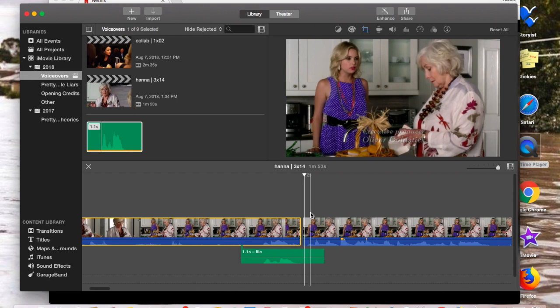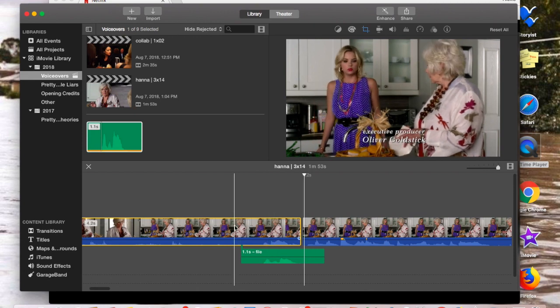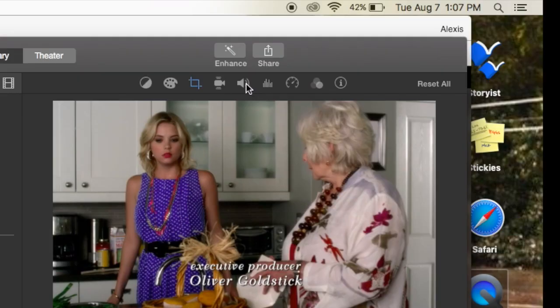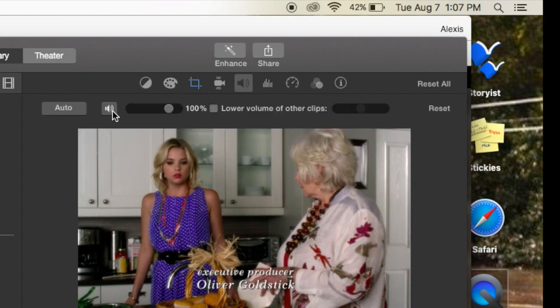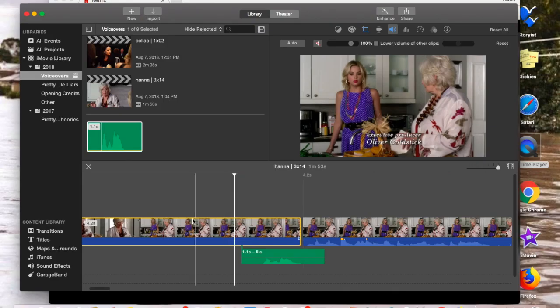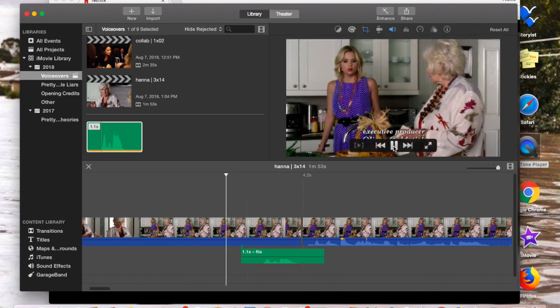And that's going to split it into two different videos. So then you can take the first one, you go up to the sound option, and then if you click this button right here, it's going to mute the sound. So then if you play it back,